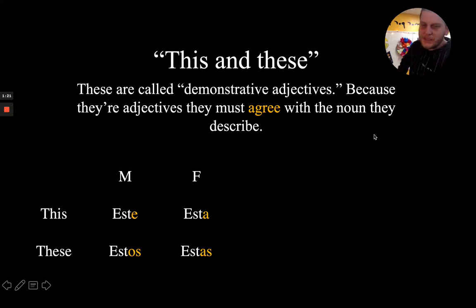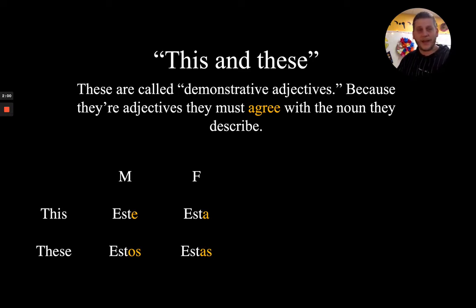So let's have a look here. Here we have this and these in Spanish. Este, esta, estos, and estas. Now, what immediately strikes me as odd is that the masculine singular here, este, ends in an E and it's masculine. Usually, when adjectives end in an E, it can be male or female. Well, in this case, pun intended, este is the masculine. The feminine is esta,